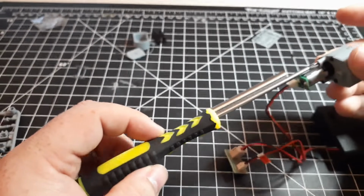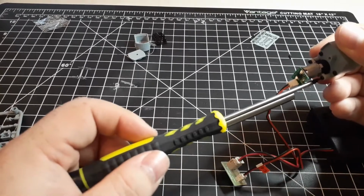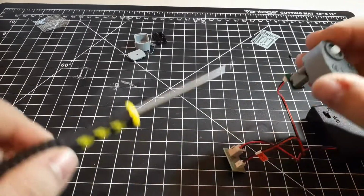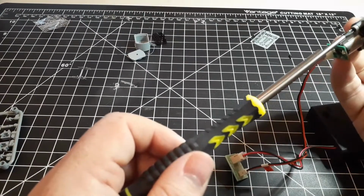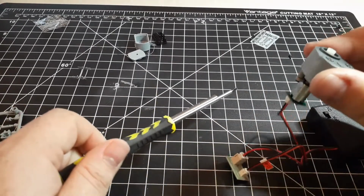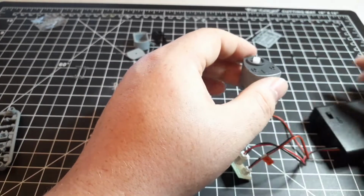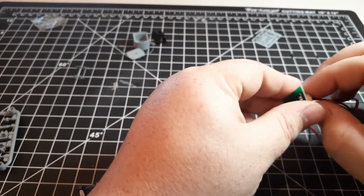Now it's not spinning as well as I would like, so I'm going to take the screwdriver and loosen up the motor so the cogs can spin a little more freely. And now it's spinning much better. So now I'm loosening a little bit more to see if I can improve it any more. And it's about where I think it's at its best, so then I can just turn it off